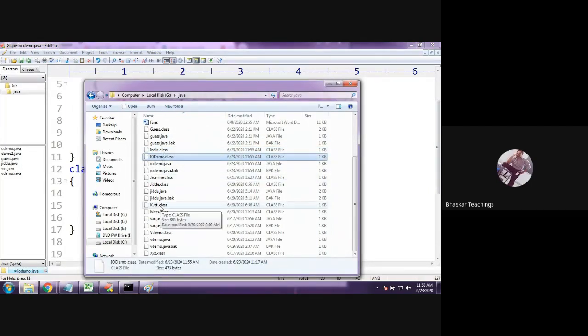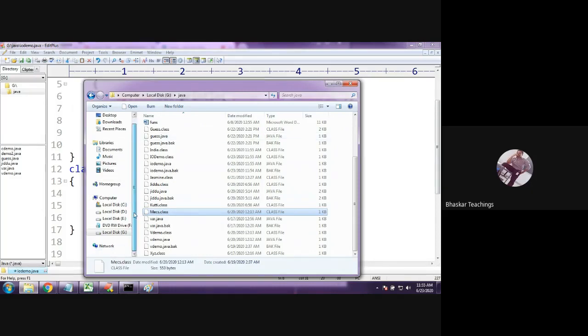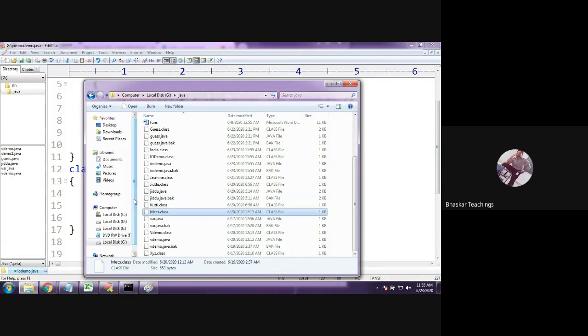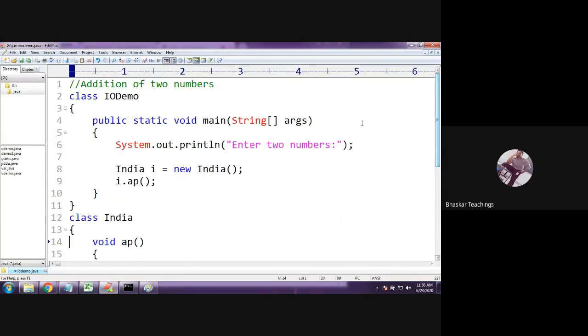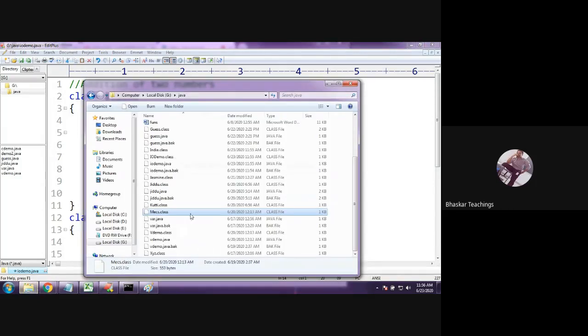And I can even call a method from the Kutti class, or from the MECS class, though they belong to other programs. Actually, you had no idea that you could call a method from another program in the current program, right? Yes, it is possible. In the previous example we have seen this, and I gave you homework. You can call that function here also, just by creating an object of that class. It is possible because all these classes are stored in a single folder, the same folder. You can call it a package also.